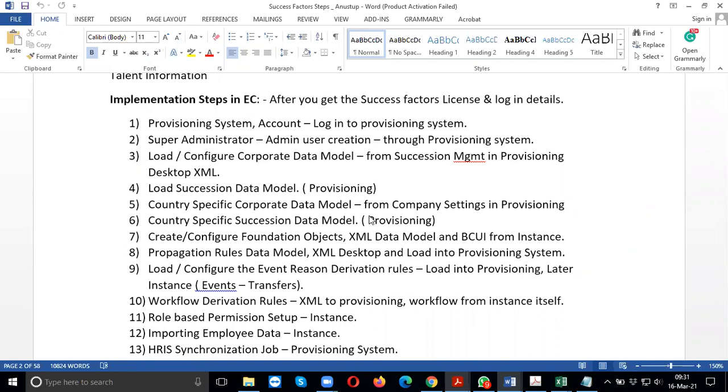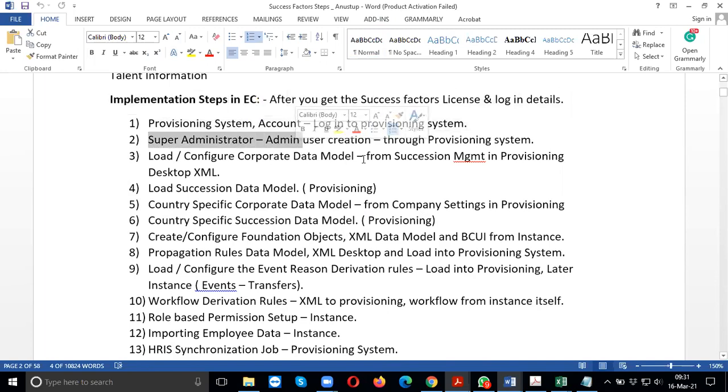These are the implementation steps which happen in Employee Central after you get the SuccessFactors license and login details. First is the provisioning system account, so we log into the provisioning system. Second is the super administrator, so admin user creation through the provisioning system. Once this part is done, the second part comes in place, wherein we start creating the admin users.